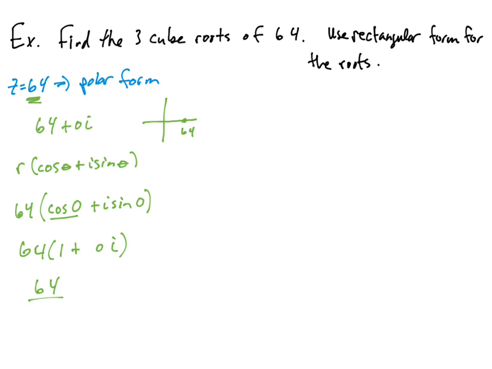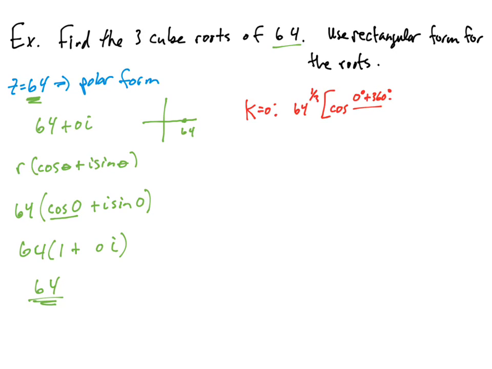So 64 here, and the 64 that we just calculated, it's unclear whether we want to think about this as being in polar form or rectangular form. However, because we're finding the cube roots, and to use DeMoivre's theorem, we want to think of this as being in polar form. Since there's 3 roots here, we're going to look at k equals 0, k equals 1, and k equals 2. So 64 raised to the 1/3 times cosine of 0 degrees plus 360 degrees